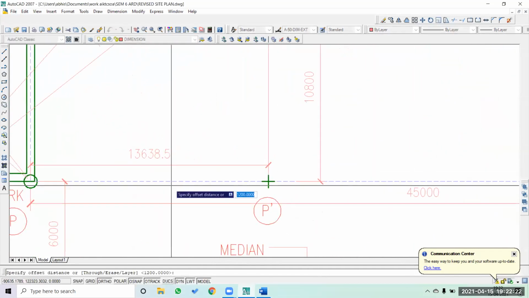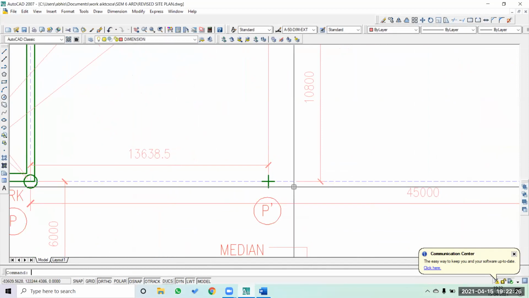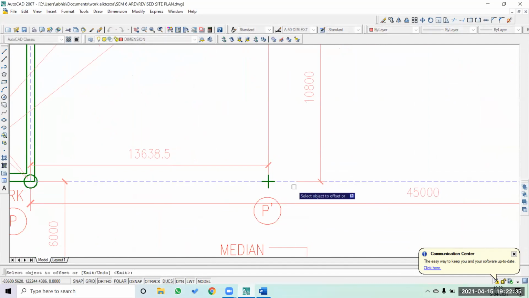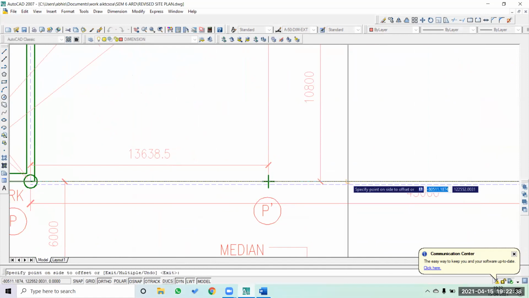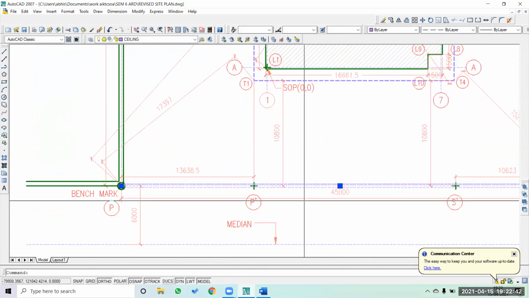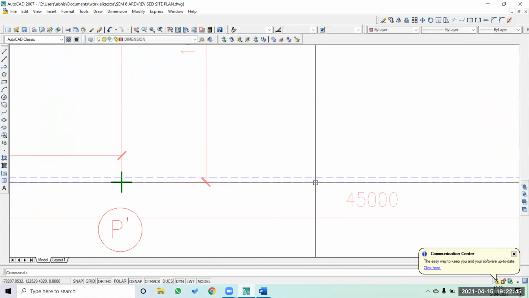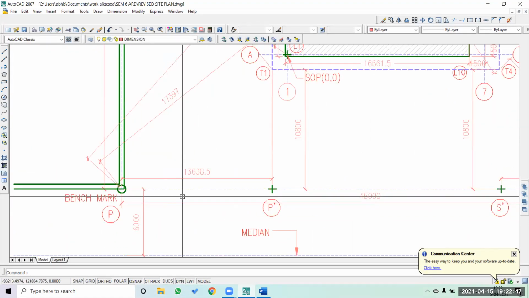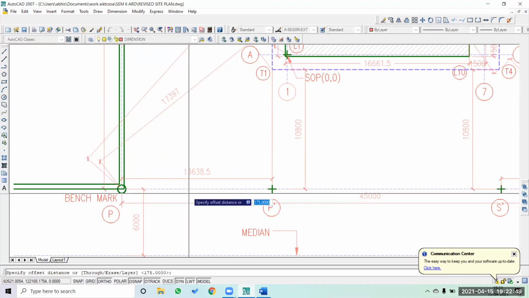You cannot create an offset of, let's say, 175 towards this as a compound wall, because this particular line belongs to the municipal authority. So you have to create a setback of whatever your compound wall size is to inside the site.